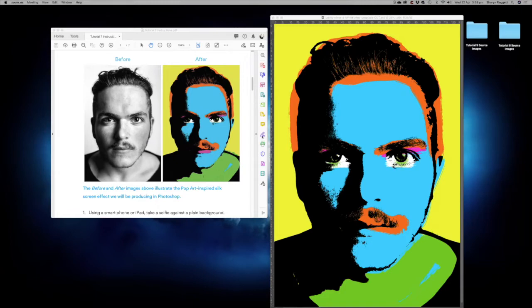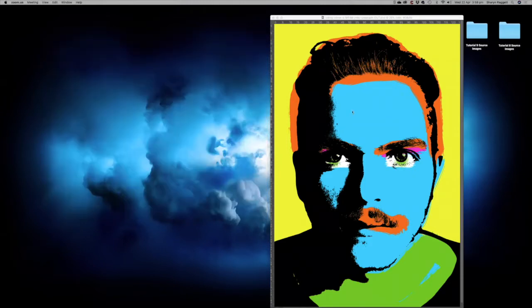These images here on the left are a before and an after image. So this is what we're going to be doing today. We're going to be starting with just a fairly plain self-portrait. We're going to drop it back to black and white, and then we're going to apply a bunch of these effects to make it look like a pop art poster. All right, so let's just close that one down